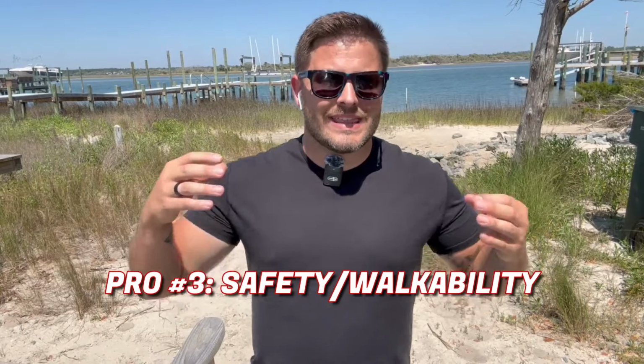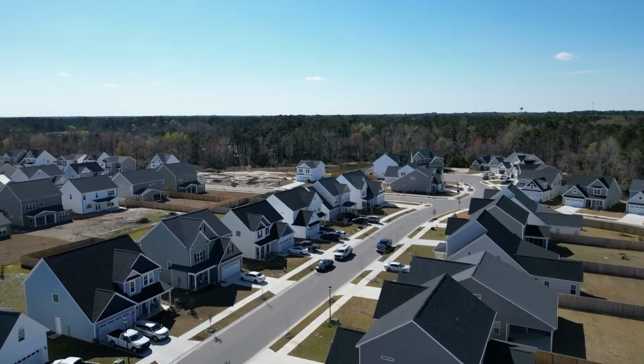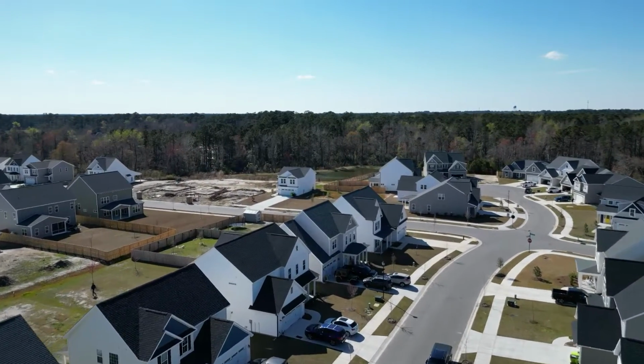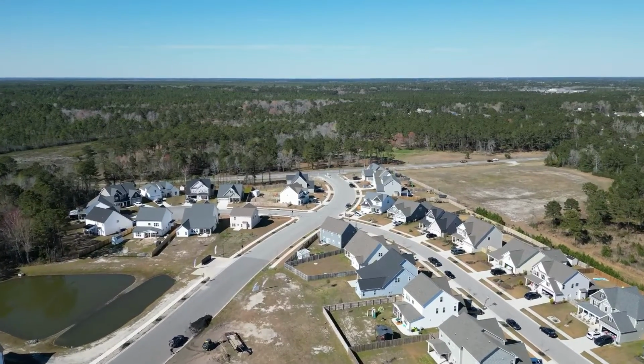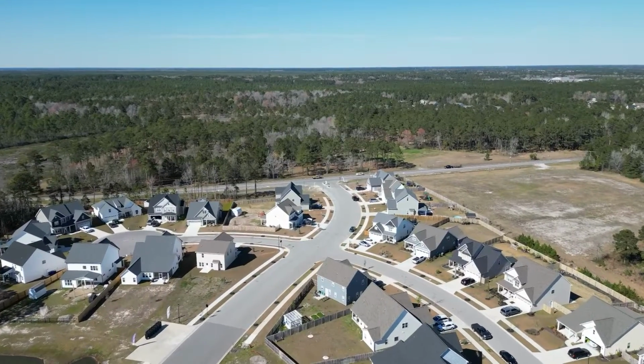All right, guys, and pro number 3 is a personal favorite of mine, and that is the safety and walkability of the neighborhoods inside of Holly Ridge. A lot of you that move to this area, you tell me how many people you see out and about walking, riding bikes, skateboards, family walks, that kind of thing, in the neighborhoods of Holly Ridge. I cannot express to you enough, in upstate New York, I wanted it to be as country as possible. I wanted to be in the rural areas because in some of the neighborhoods, you don't necessarily feel that safe